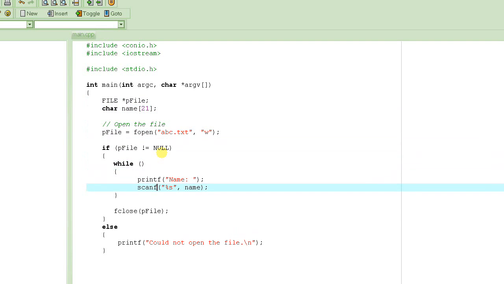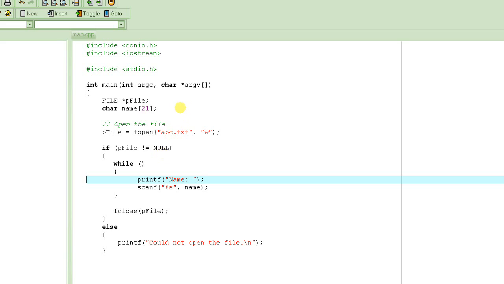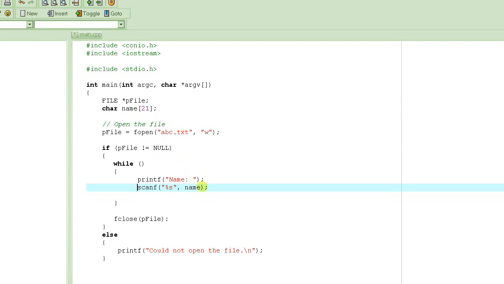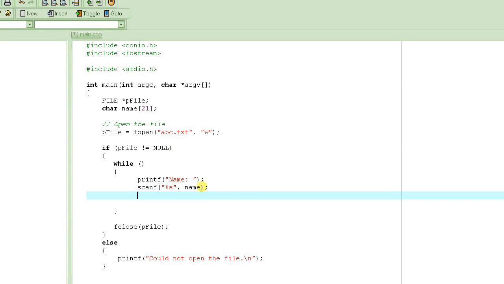And we store that in a string, and the way to create a string is basically an array of characters. We are assuming that there will be a maximum of 20 characters in the name, and we are leaving one character for the end of string character, and this will store this information inside this string name. And then we ask the user for the test score,